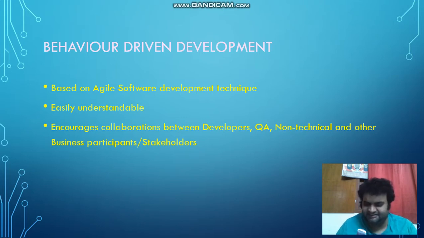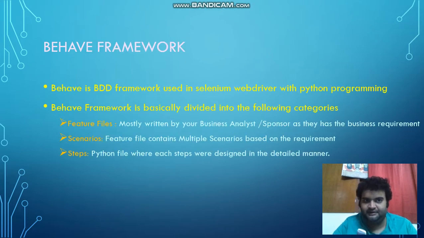It is easily understandable and it makes communication easy between developers, QA, non-technical people and other business stakeholders. Anyone can easily run or modify the data. So how is it possible? Yes, it is with the help of behavior driven development.